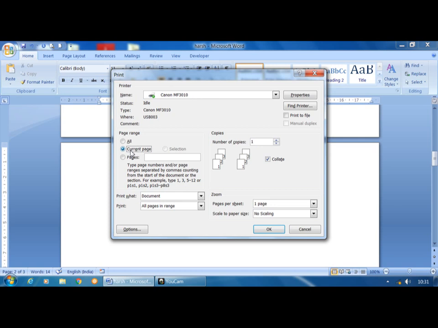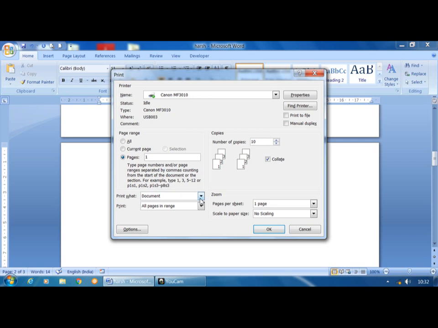And if my document consists of 10 pages, and if I want to print only 9 and 10, at that time you just click on the pages option. Here you just write 9 hyphen 10, then click on OK. Other than that, if I want to make copies of only the first page, and if I want the same page 10 times, meaning 10 copies of the first page, then pages 1, then click on number of copies. This one is the increment button, this one is a decrement button. So just click on this increment button and make it 10 here.